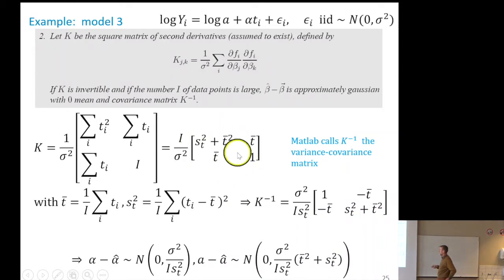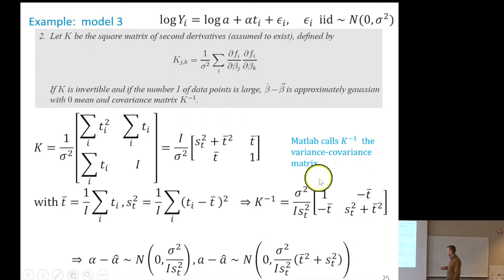So what is the inverse of that? Well, it's a 2 by 2 matrix, so I can look up Wikipedia how to invert a 2 by 2 matrix, and there's a closed form formula. It's given by this here, right? So what does it mean? It means that I know the distribution of the vector of errors, a and alpha. Let's, for example, apply that to just the first dimension, which is alpha. The covariance matrix is here. That means that the error on alpha has a variance which is sigma squared divided by n s_t squared, right? So the true alpha minus the estimated one is Gaussian with this variance,